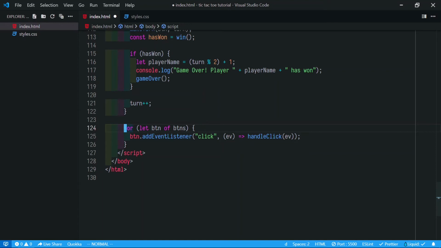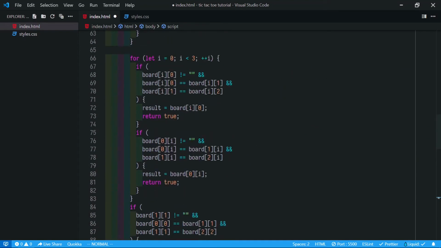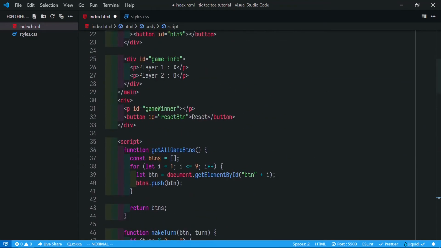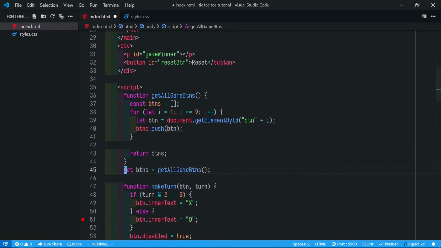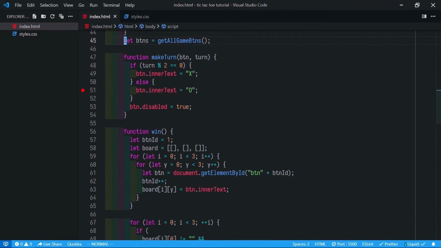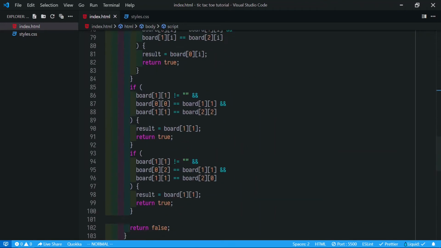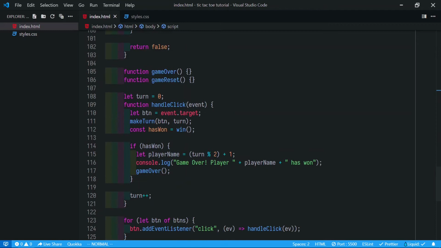Let's just take it to the top here, and this one here, and let's loop over them.